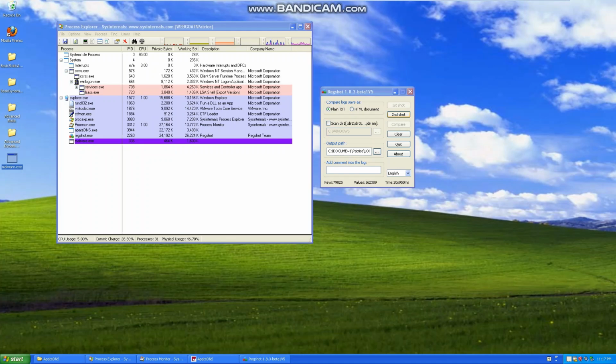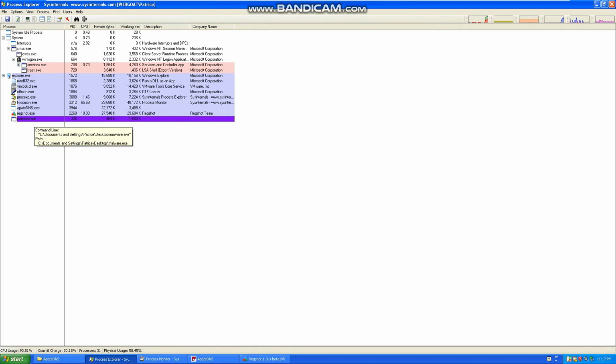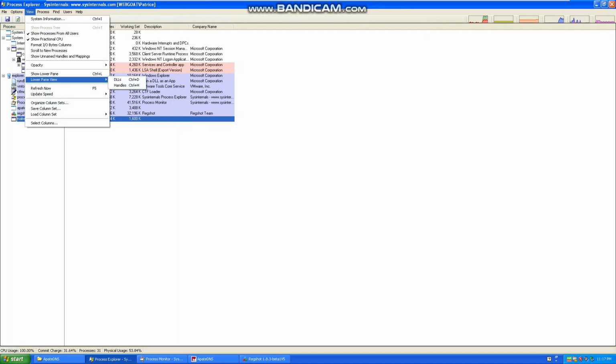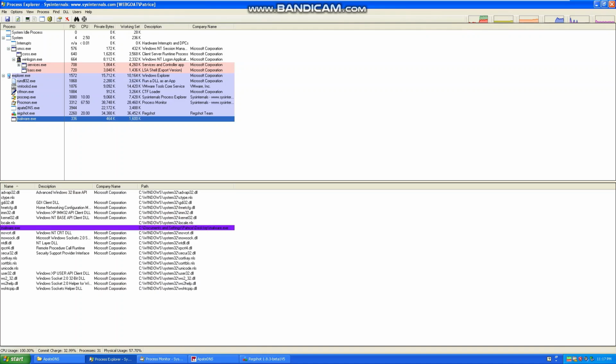So what we can do now is take a second shot of Regshot and let it do its thing, and let us move on to view the DLLs and the handles in malware.exe. First up, let's look at the DLLs of malware.exe. These are the DLLs being loaded by malware.exe, and two noticeable ones are